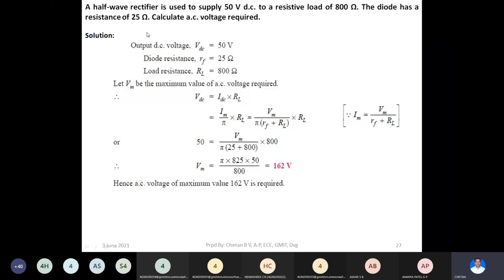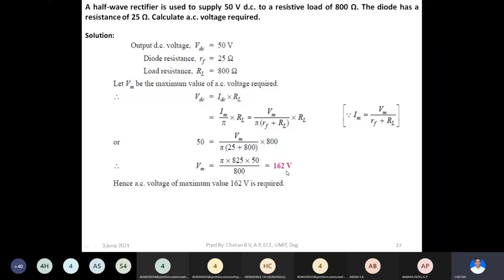Here, this is also based on a half-wave rectifier, where they have directly given the output voltage, 50 volt DC, right? So they have given the output voltage which is 50 volt DC, and they have given the load. The load is 800 ohm. Using this data, what you have to find out is the input voltage, right? To find out the input voltage, again you have to make use of these formulas, and at the end you have to find the peak input voltage VM, right? From this again you can calculate the RMS also.